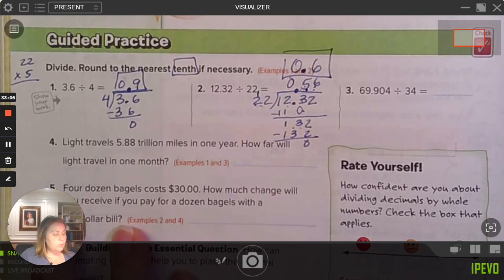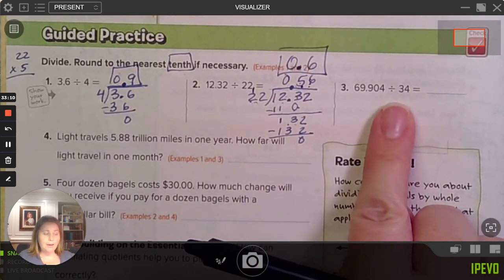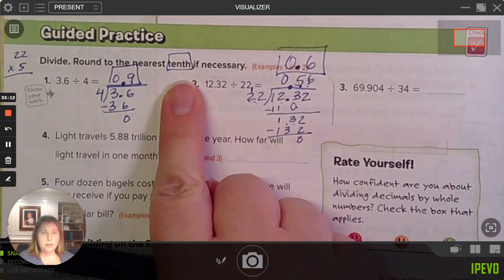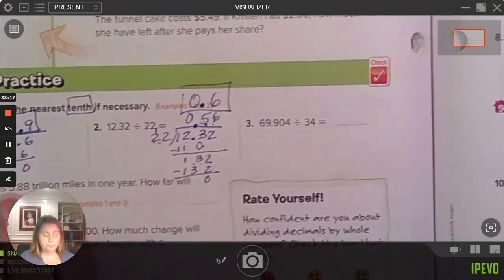All right, and here's another one. It looks like a long one. Remember, we're not going to keep dividing and dividing. We're going to round to the nearest tenth. Okay, so let's do that. Number 3,